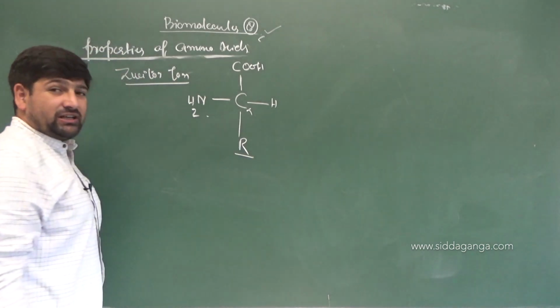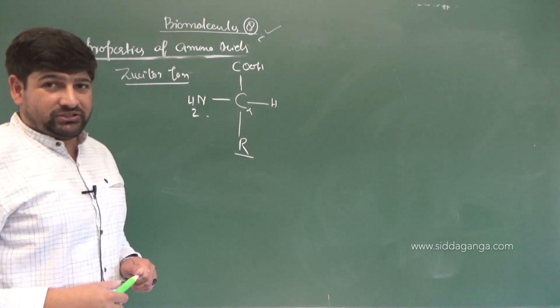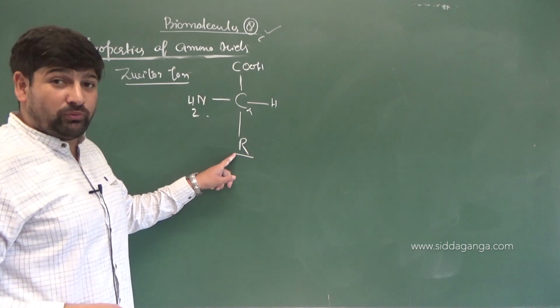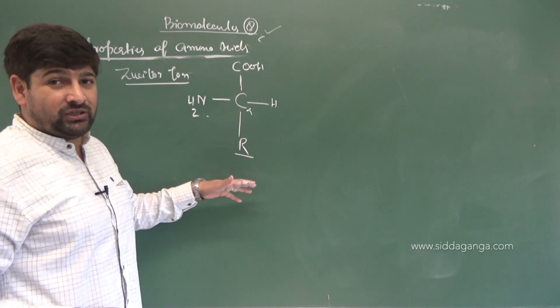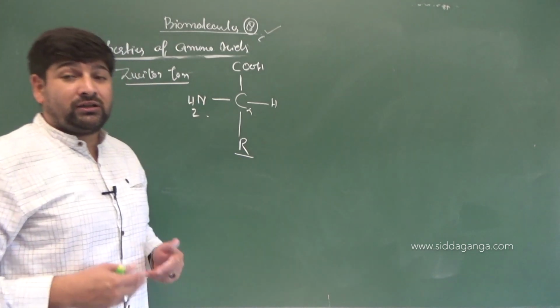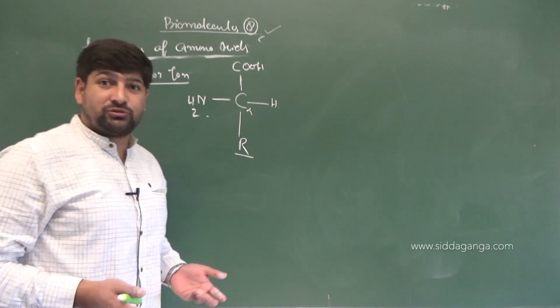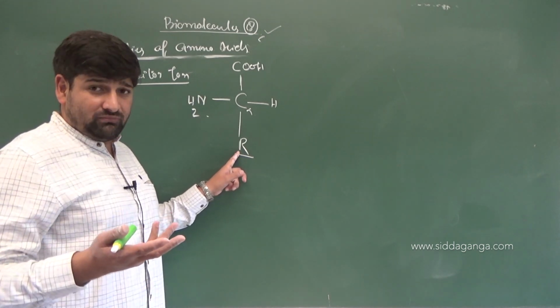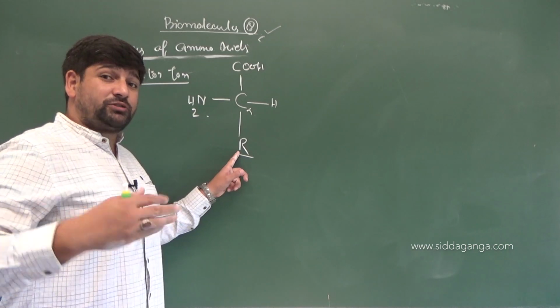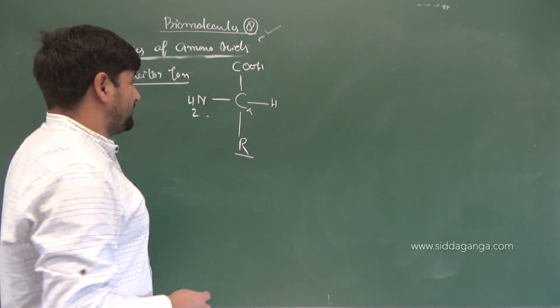On the basis of side chain R, we have different amino acids coming to play, right? We can have hydrophobic amino acids, hydrophilic amino acids, acidic, basic or neutral amino acids. So amino acids having polar R, amino acids having non-polar R, amino acids having charged R, that is where there is addition of COO minus or addition of NH2 groups respectively.